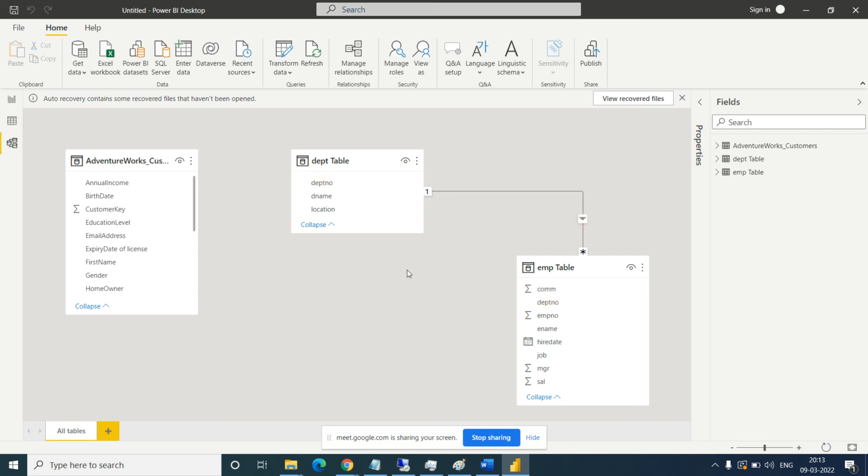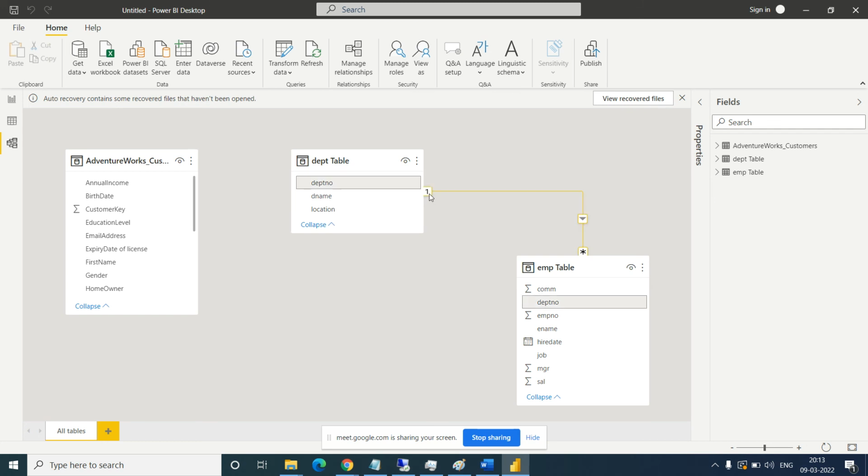Okay, so when you take any two tables, it will automatically detect the relationship between the two tables. How does it detect the relationship automatically? If there is any common key column available. I feel that if I ask you a question, you will definitely answer, because you have already gone through this.